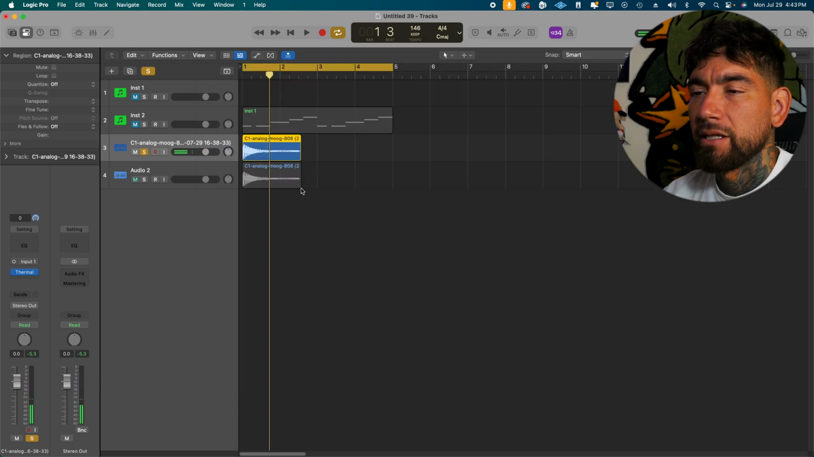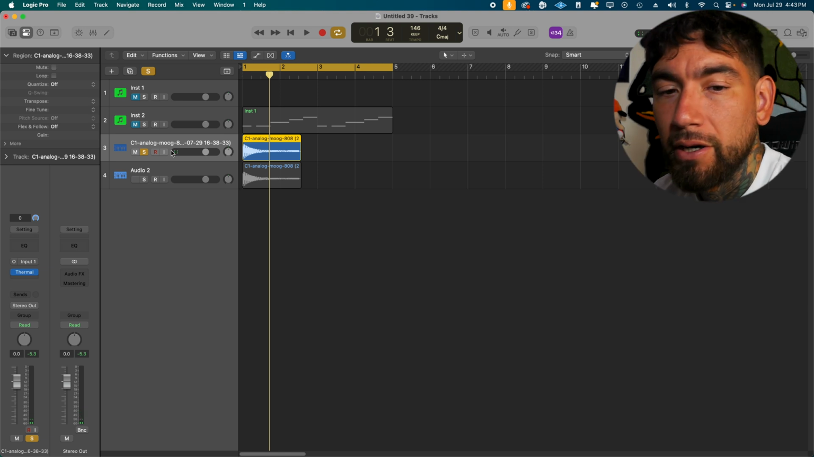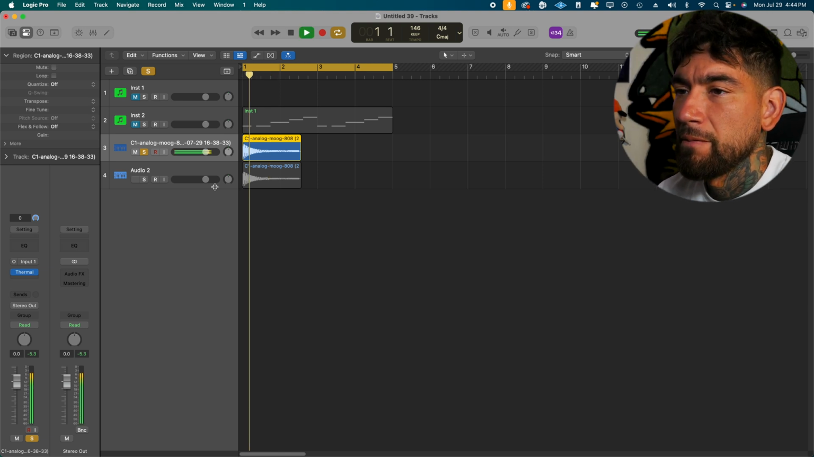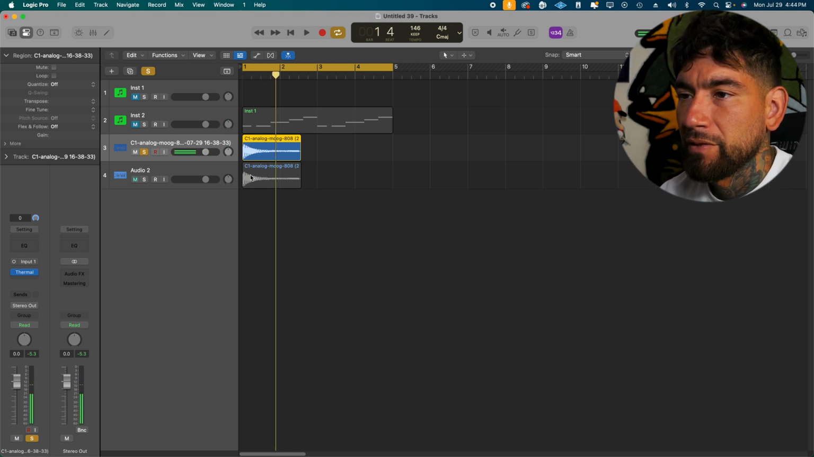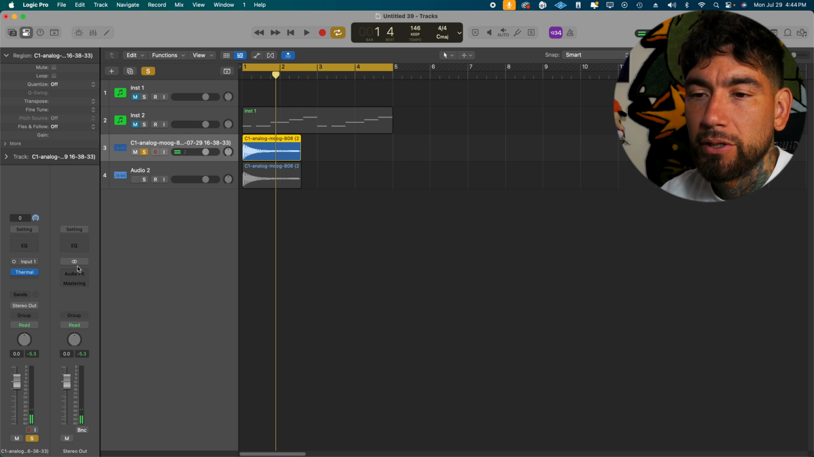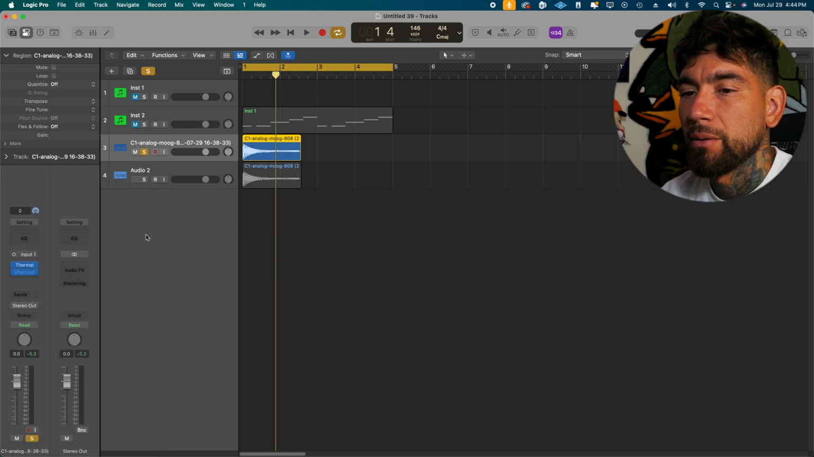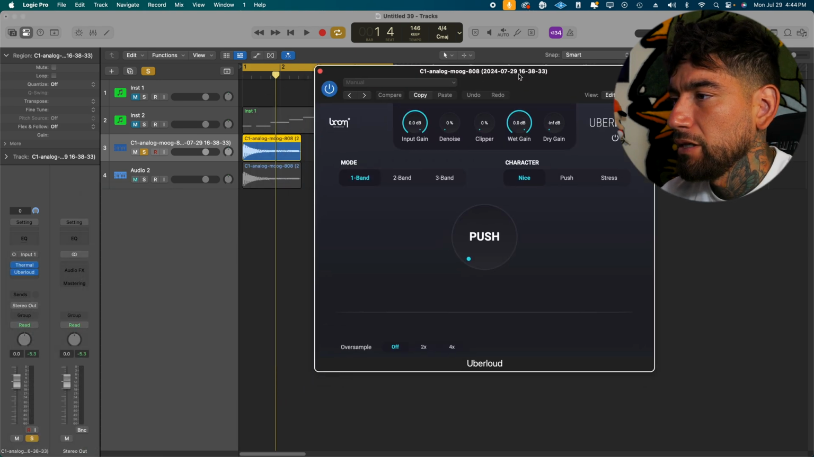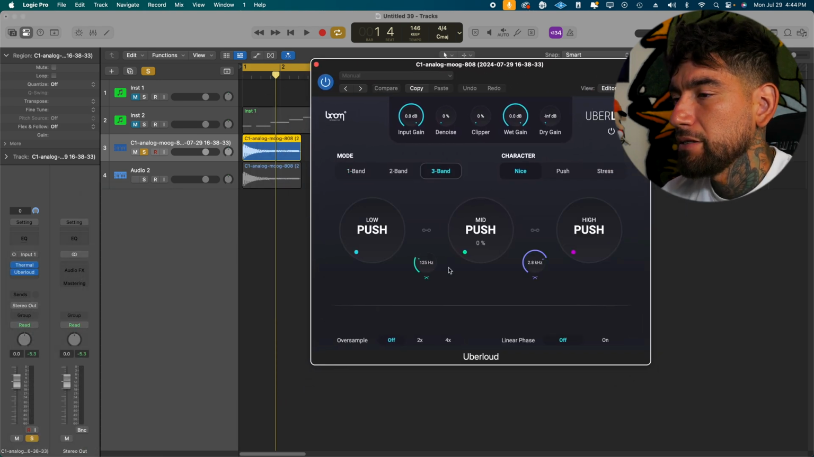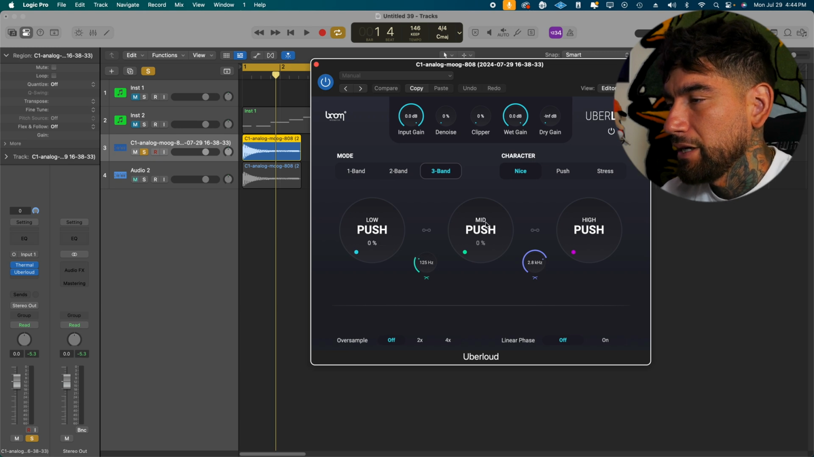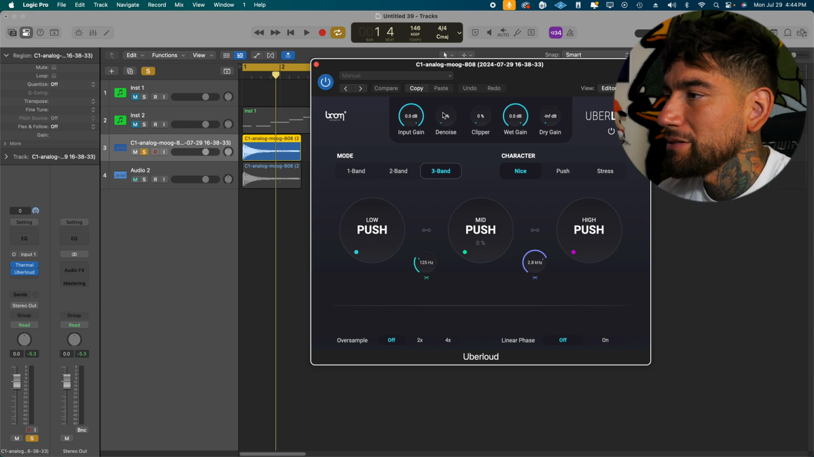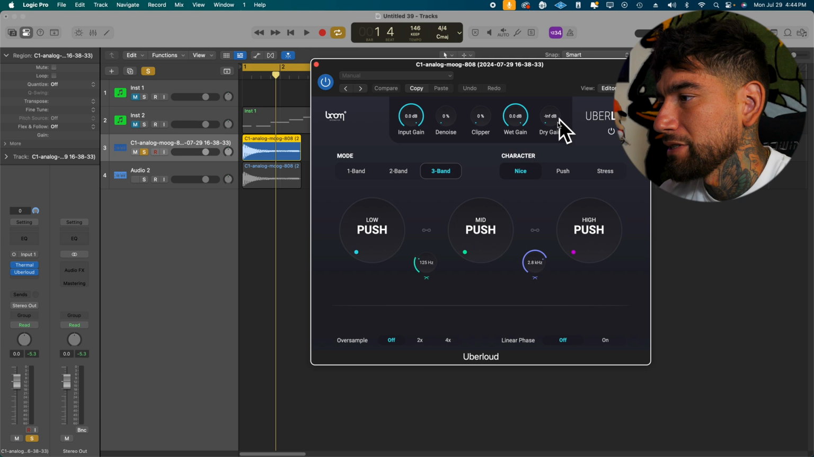And then that's it. We're gonna use that. That's gonna be our 808 right here. And if it's not loud enough, we will come here. This is another plugin that I absolutely love. It's by Boom Interactive, Uber Loud. And then 3 bands. It's got a clipper, denoise, dry wet to increase the volume, but